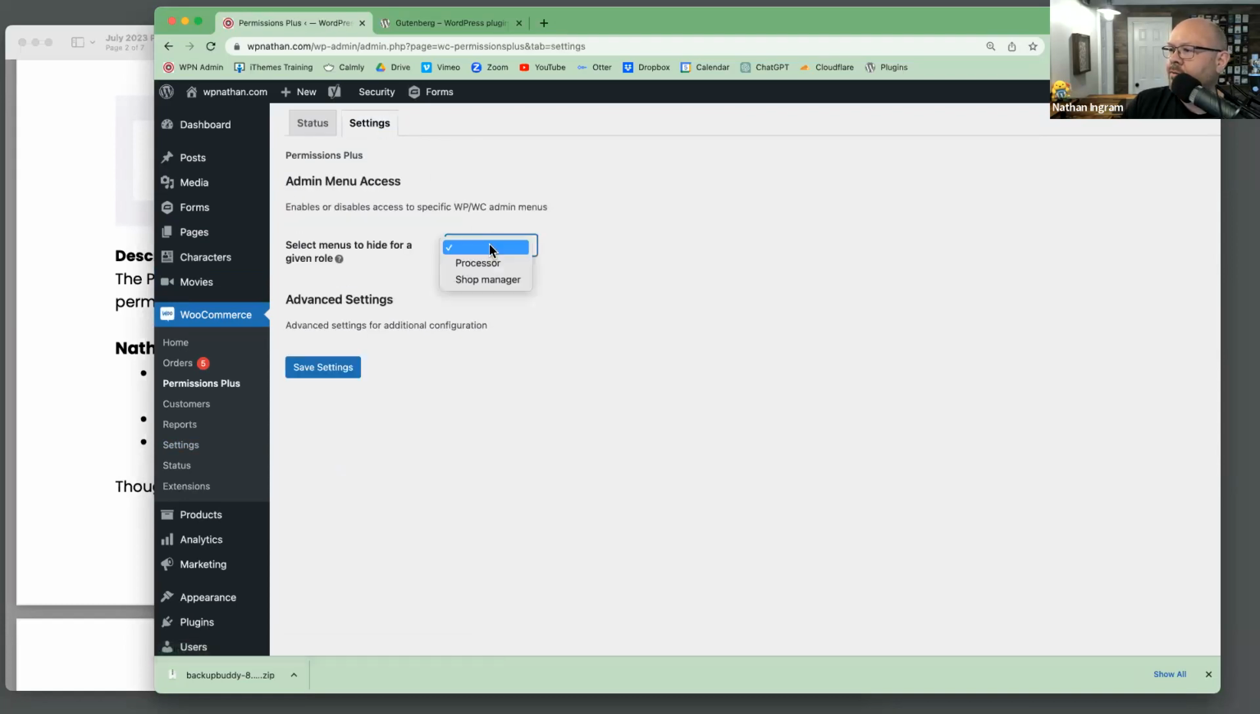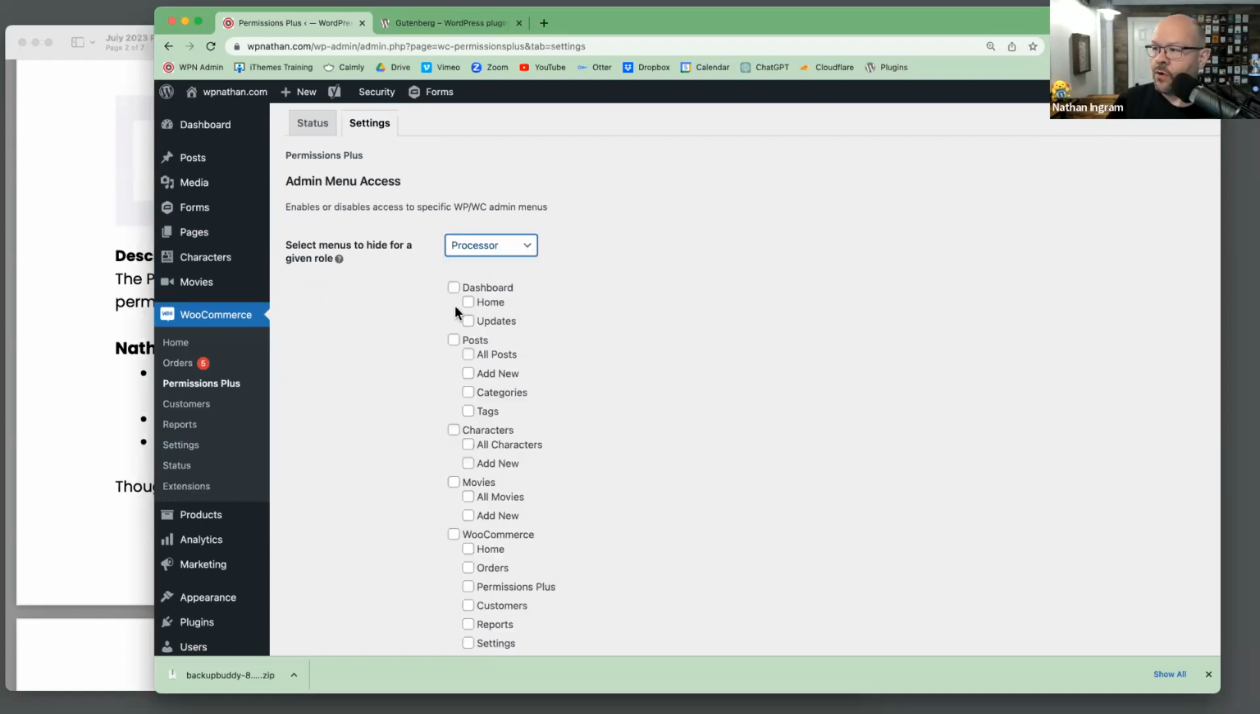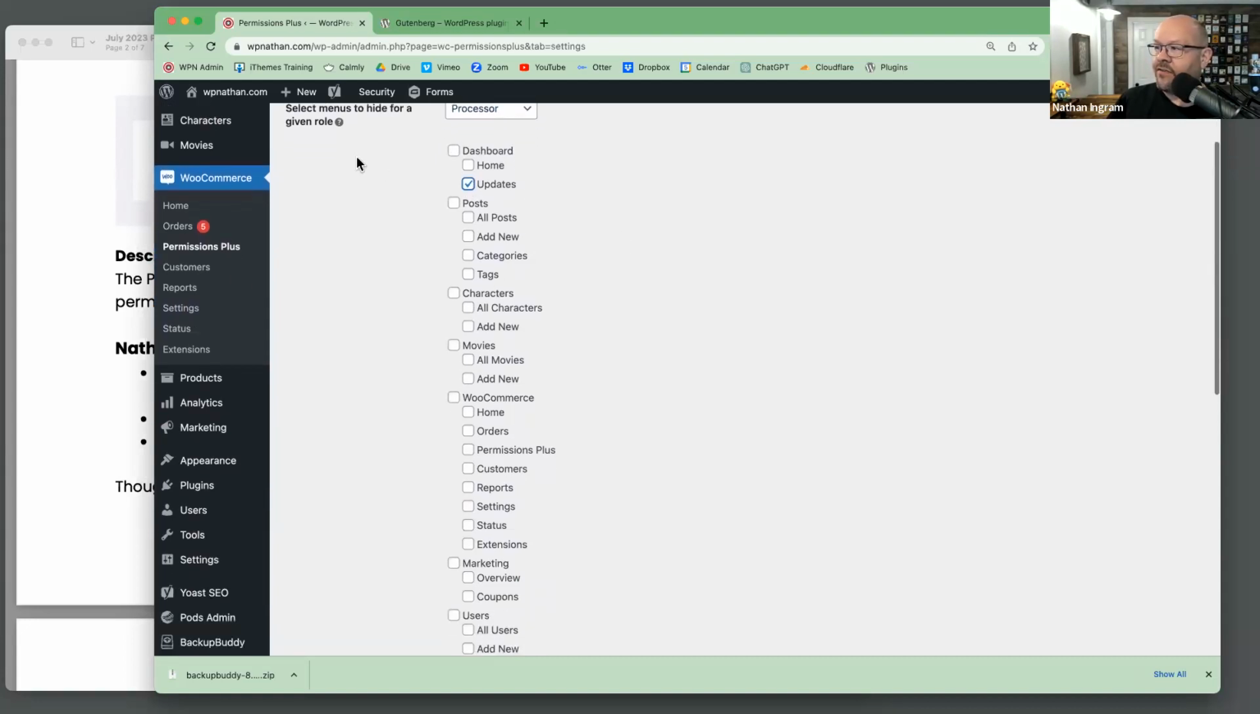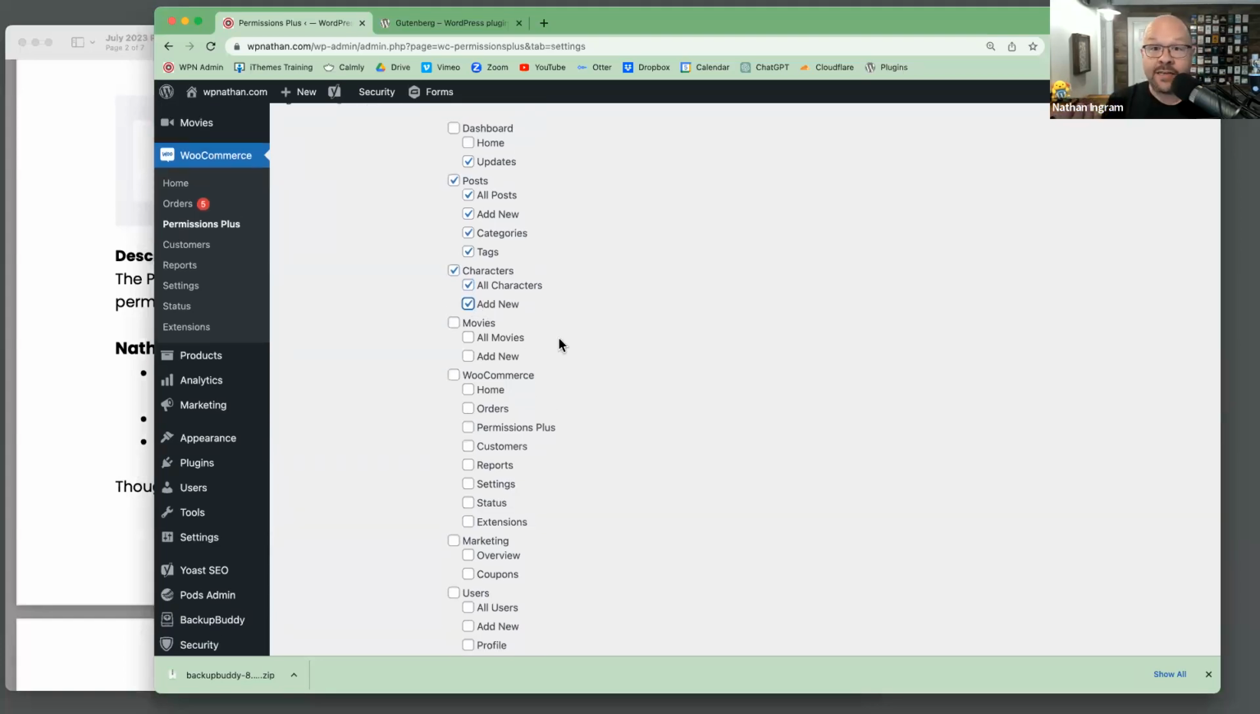So right here, for example, we can change what menu items the processor role can see. So checking on means turning off. So if we have a person that's a processor and we don't want them to see the updates under the dashboard, we can turn that off. If we don't want them to see posts or anything underneath it, we can turn that off, our custom post types. So iThemes Sync does something similar to this, where you can edit the menus, the menu items in a site